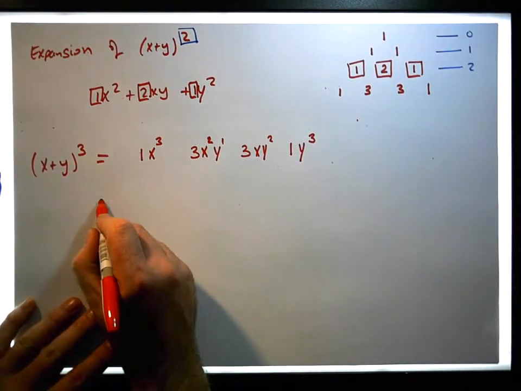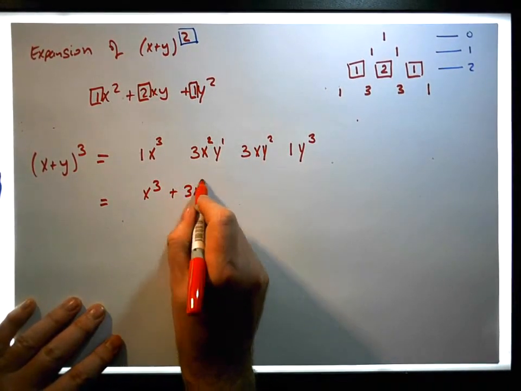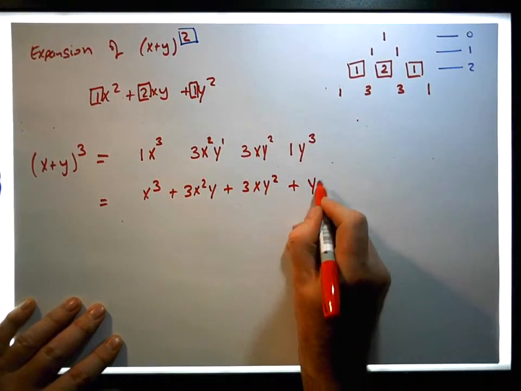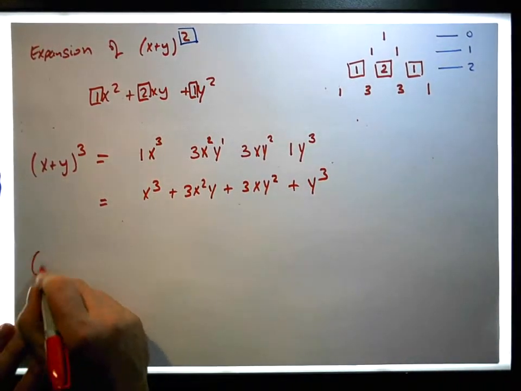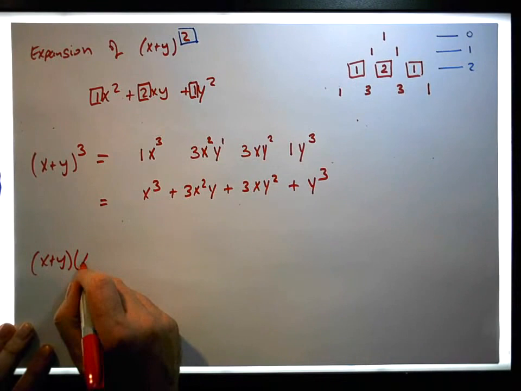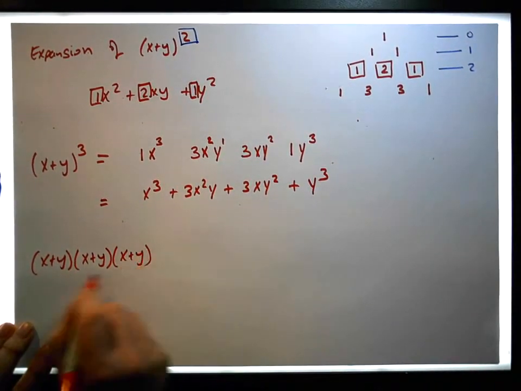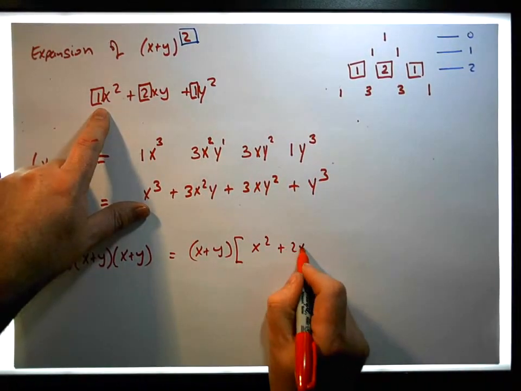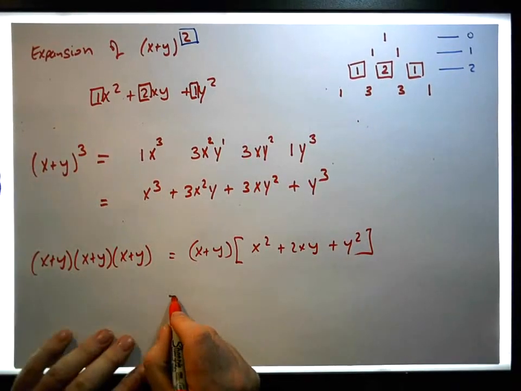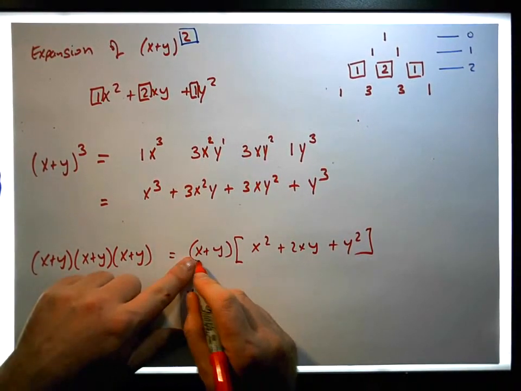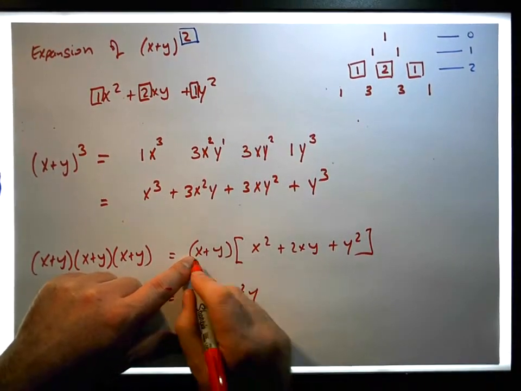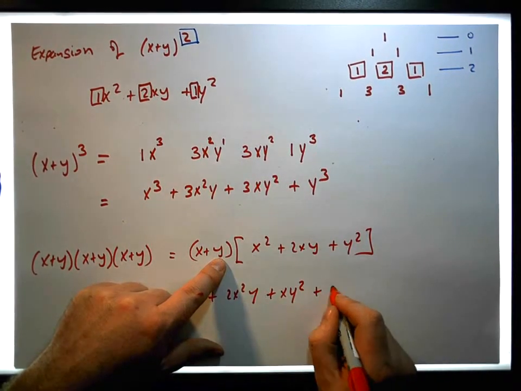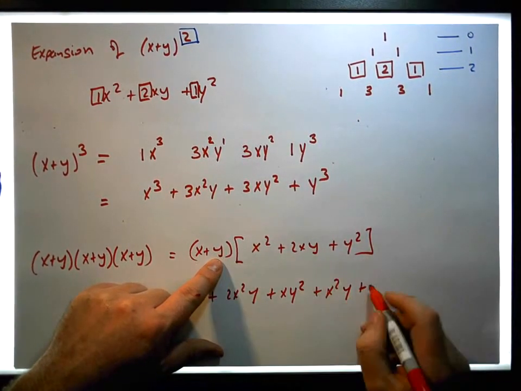So my point is this becomes x cubed plus 3x squared y plus 3xy squared plus y cubed, which is what you'd get if you expanded this out, let's say, like this. We know that this is the same as x plus y times x squared plus 2xy plus y squared, which is the same as x times that gives us x cubed, x times this gives us plus 2x squared y, x times this gives us plus xy squared, y times this gives us plus x squared y, plus y times this gives us plus 2x